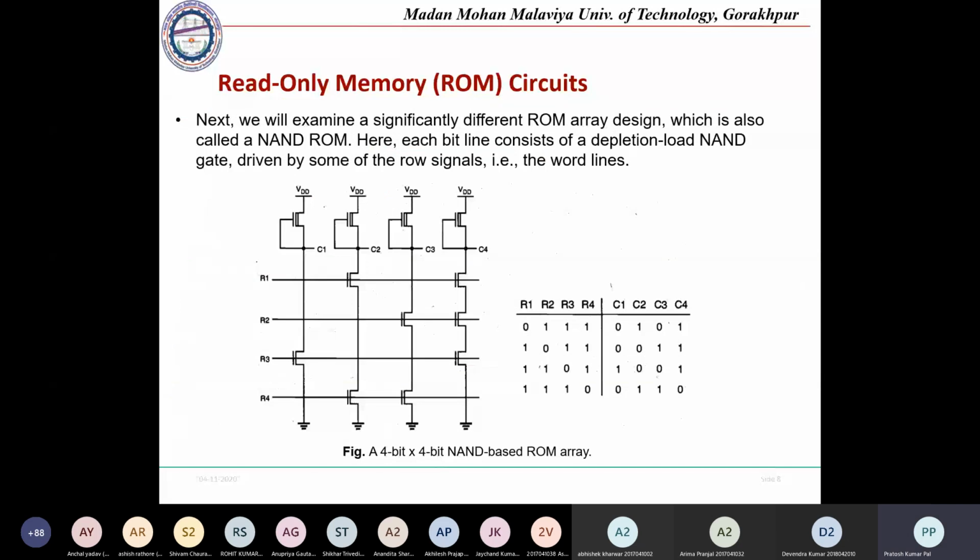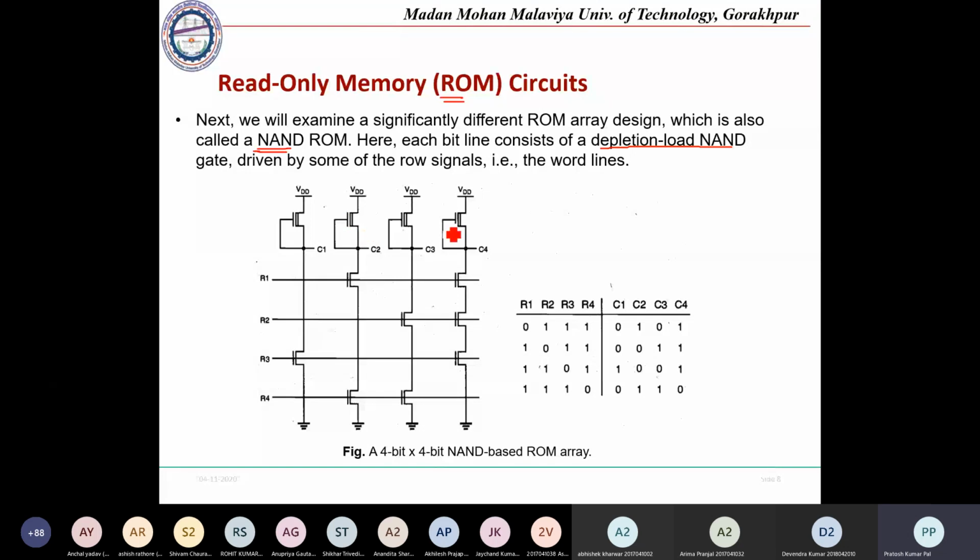Another one we are seeing next is the ROM circuit. With respect to the NAND logic, we are going to use the NAND logic to define the ROM structure. Here also the load transistor is connected to a depletion load NAND gate. So the load is a depletion type NMOS structure, and here in the NAND structure, instead of